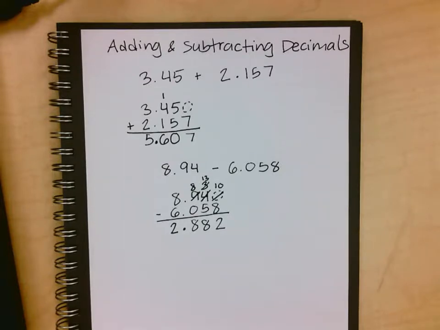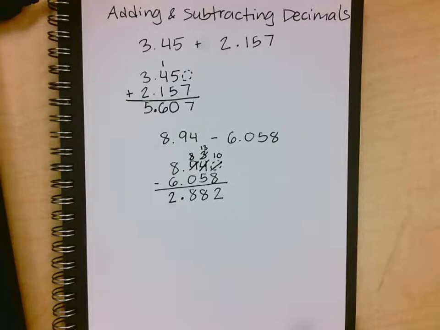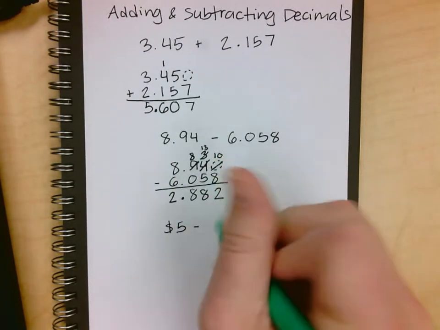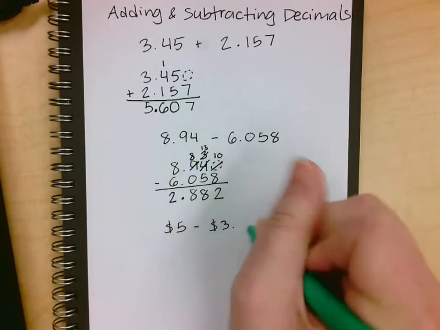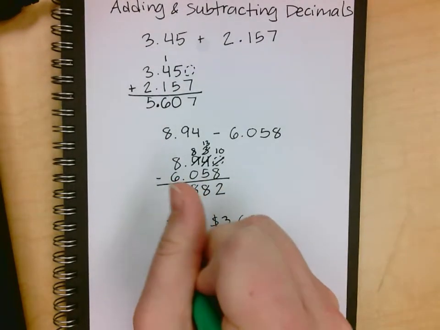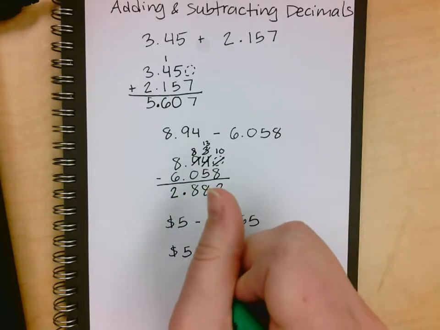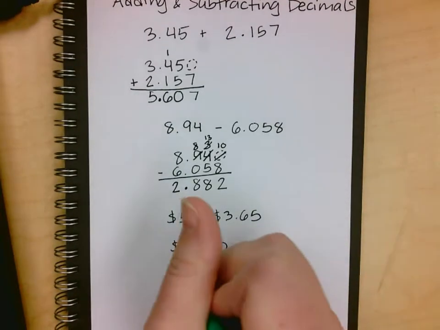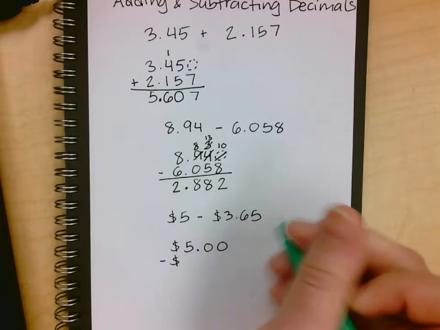The same exact thing happens when you do money. You just need to make sure that you include your dollar sign as well. So if I have $5 minus $3.65, I could take it over here. I would say $5, and I'm going to include the decimal point and the 2 zeros so that I can make sure I have equal place values. Then I'm going to subtract